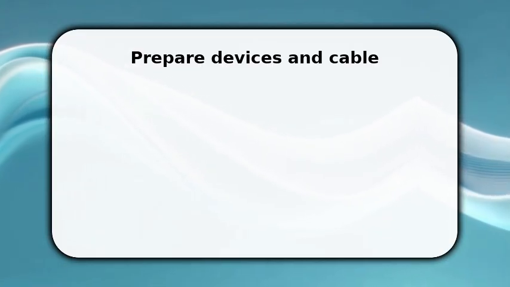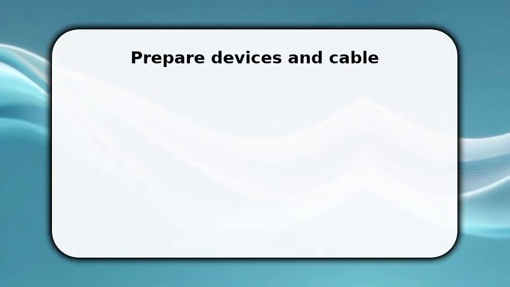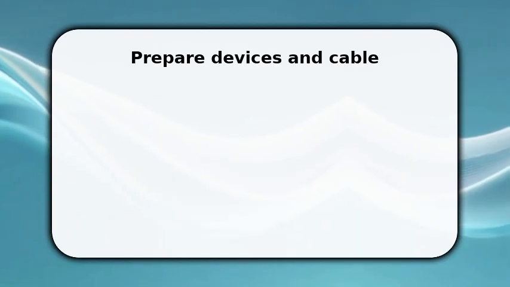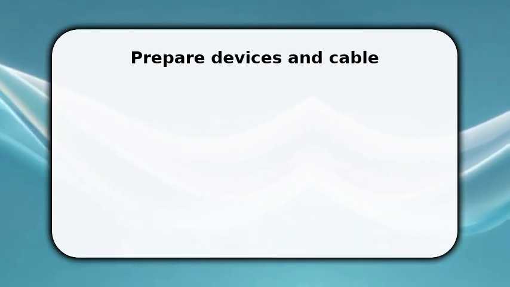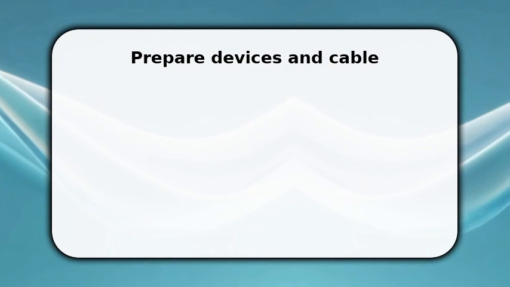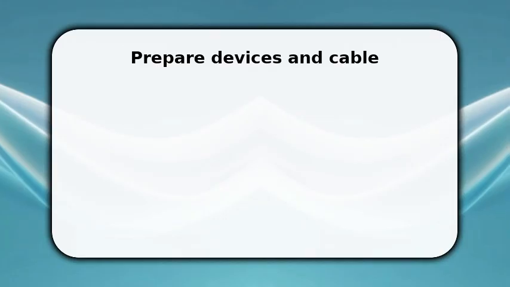Insert the cable firmly into both ports and make sure the receiving device is unlocked. By doing this first, you reduce permission errors and let the operating systems detect the cable and mount the storage quickly and reliably. Once done connecting and both devices are visible, open each file manager so you can control source